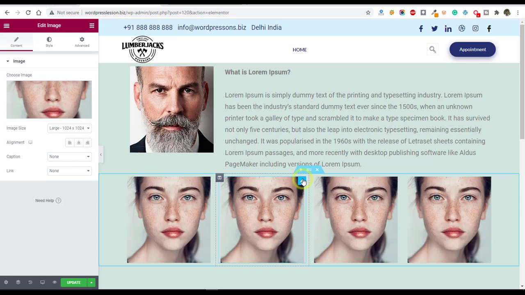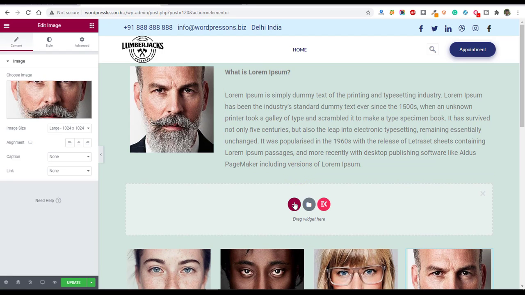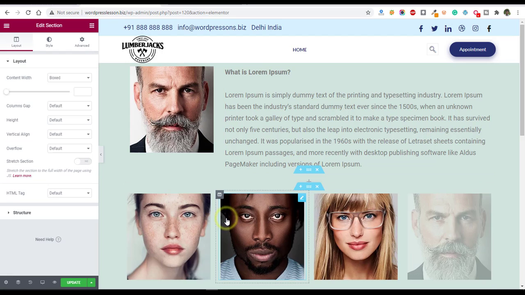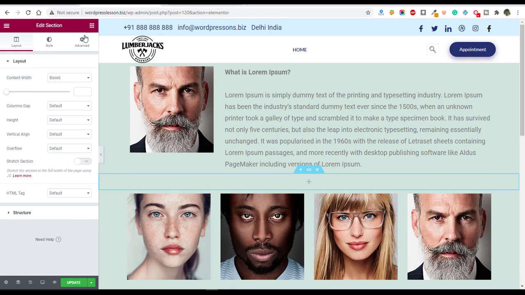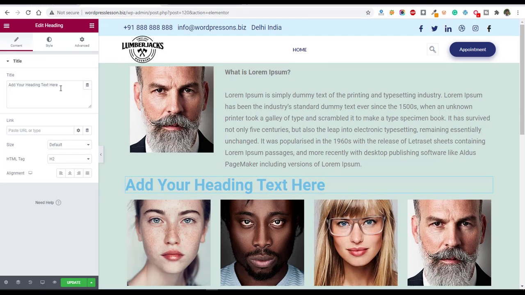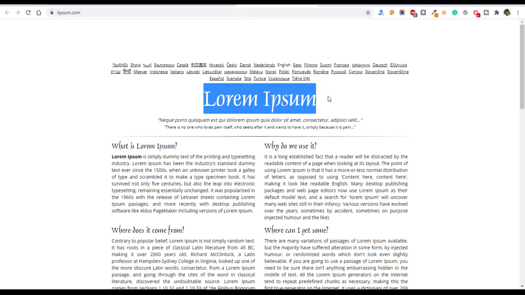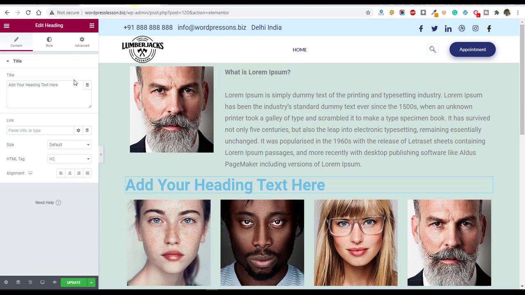Now we are going to change them one by one. Now I am going to take one more section above, and here just click on this button and take a heading, and I am going to put some demo content again.